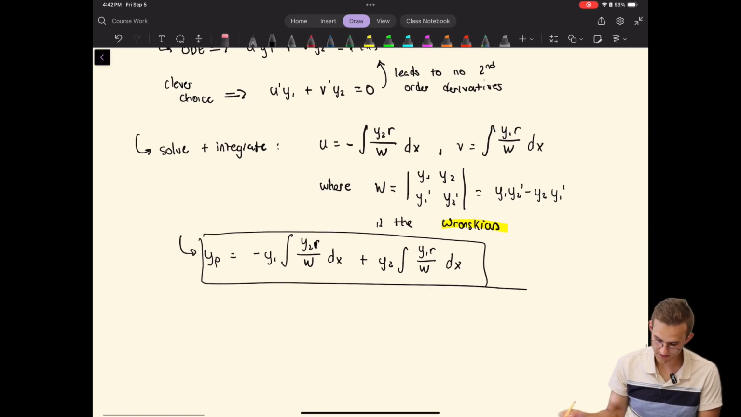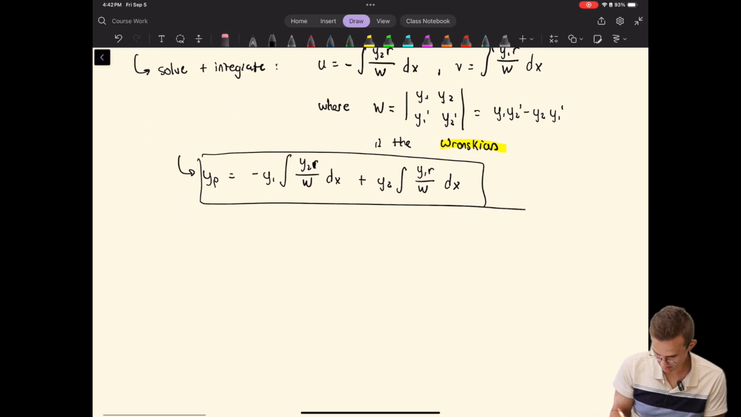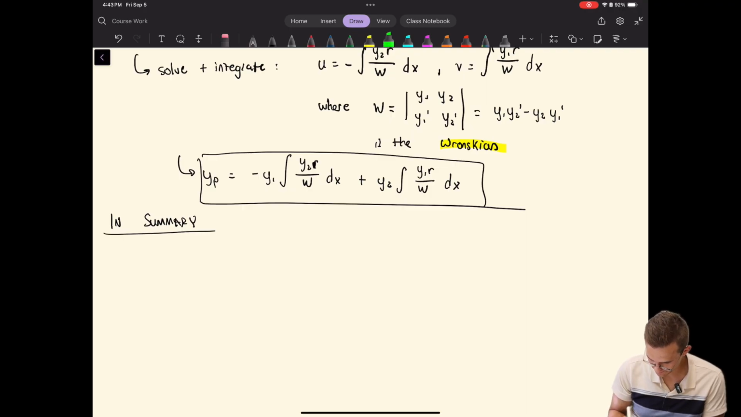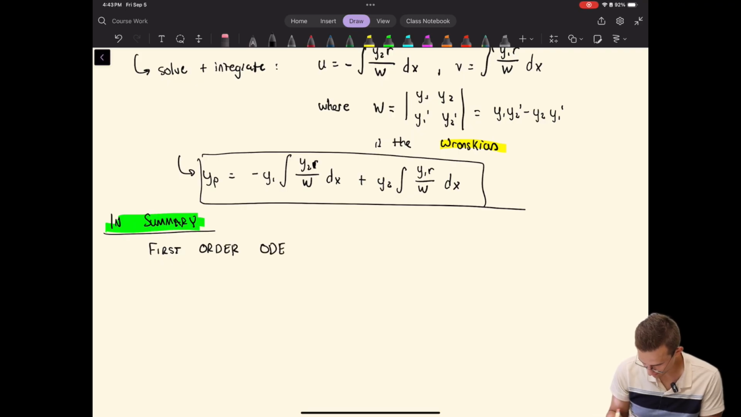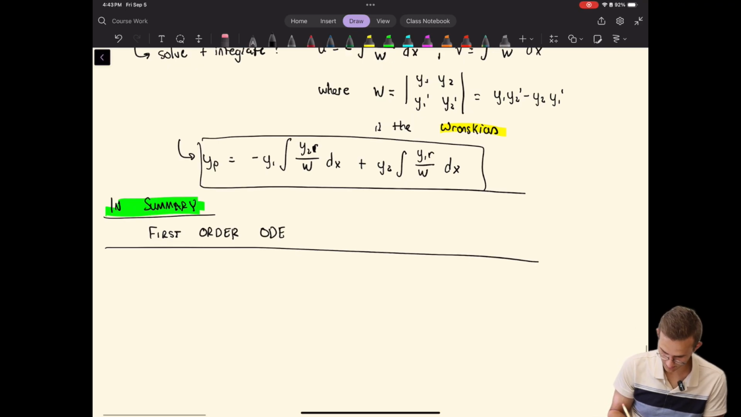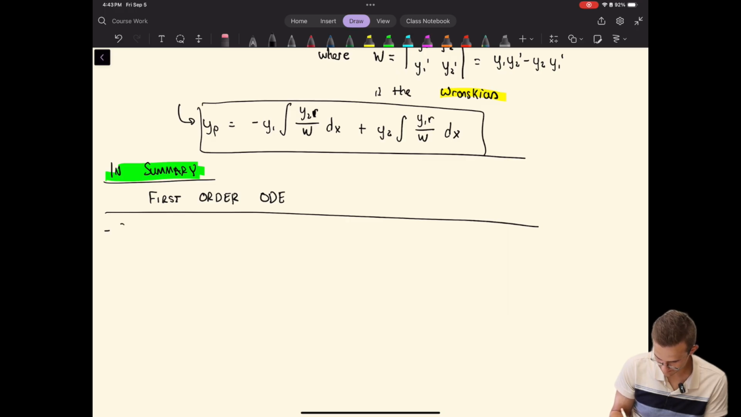Okay, so let's go ahead and summarize all of this, and then we'll be done. So in summary, what method should you use when? Well, if you have a first order ODE, our methods that we talked about were separation of variables,